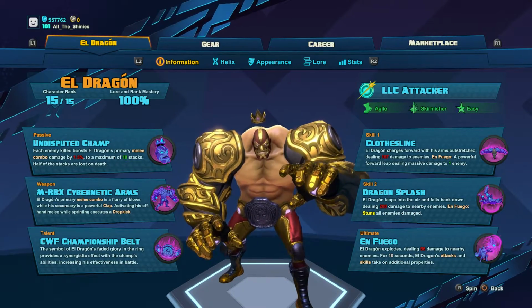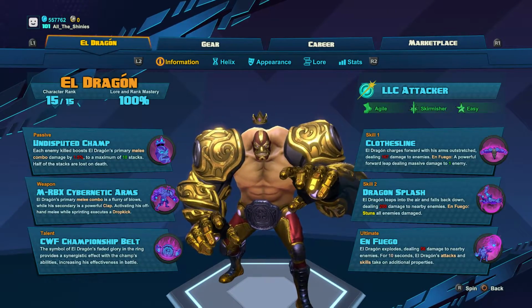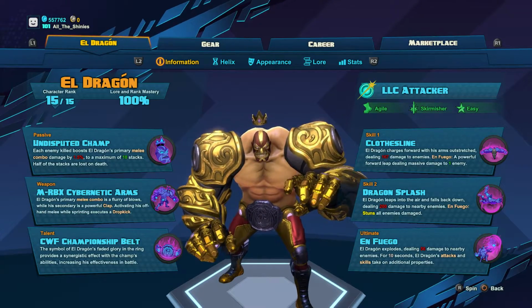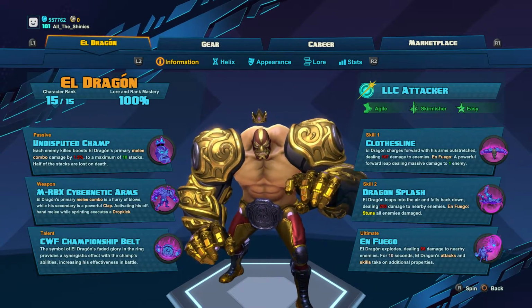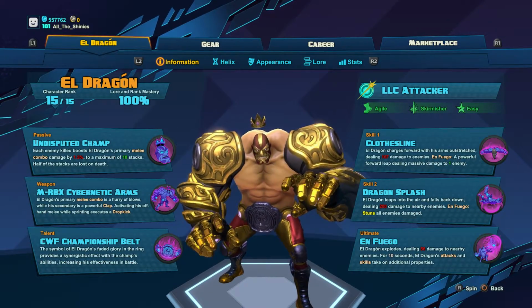Alright, next up we've got his weapon, the RBX Cybernetic Arms. Dragón's primary melee combo is a flurry of blows, while his secondary is a powerful clap. Activating his offhand melee while sprinting executes a dropkick. So his melee combo is self-explanatory. The clap, his secondary, is pretty much useless until we augment it, and then it's your